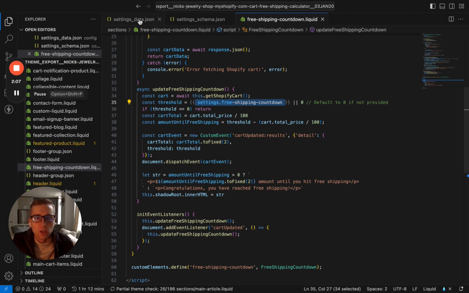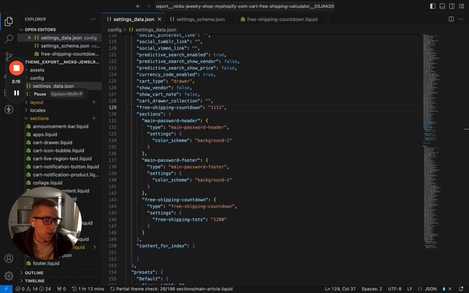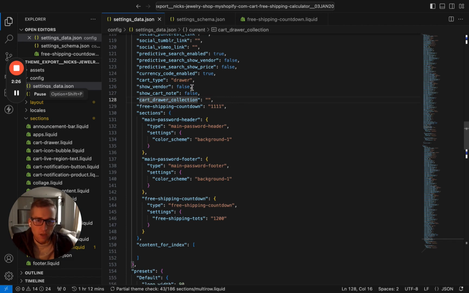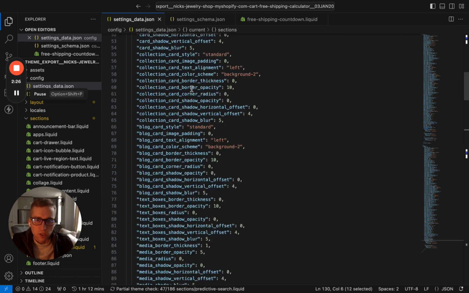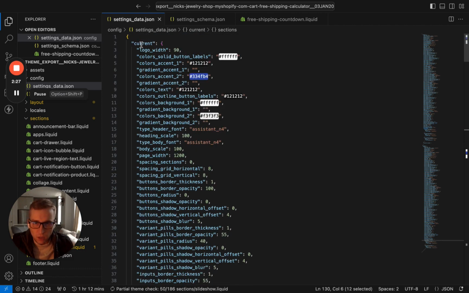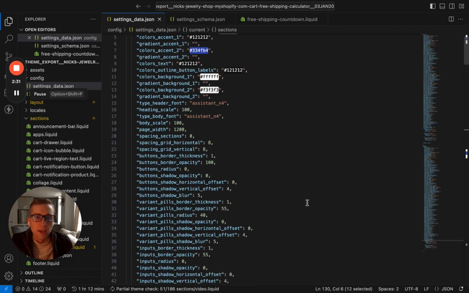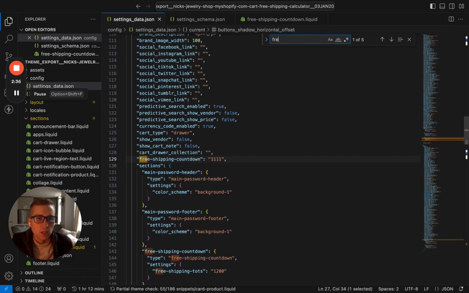We do need to change it also in the settings data JSON file, and we can do that. We need to change it in two places, so you can find where any of the cart settings are. So I added it right after this cart drawer collection, and you'll see right here. And this is under, I believe it's called current object. Yep, current. But then we also need to add it to the other place,